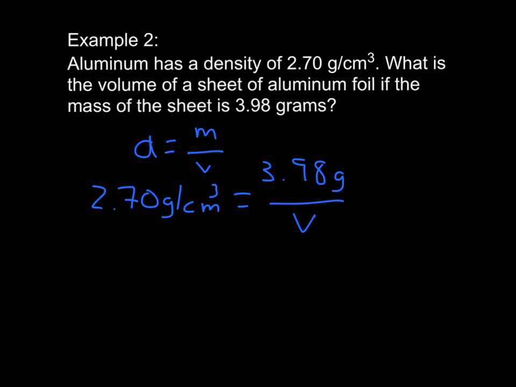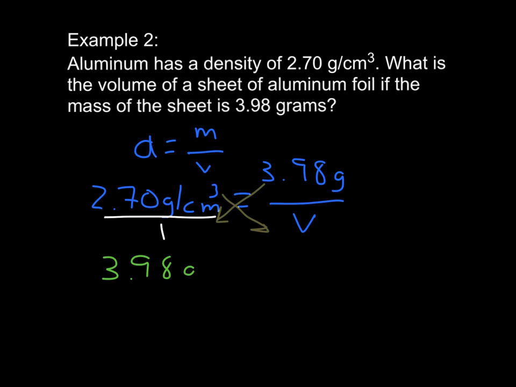What do we do? Well, I guess it depends on what you see here. Algebraically speaking, we can rearrange this equation and solve for V, or we can put 2.70 grams per centimeter cubed over 1, and we just created a proportion for ourselves. If we do that, then we can cross multiply and divide in order to get the volume. So when we cross multiply, we take 3.98 grams times 1, and we get